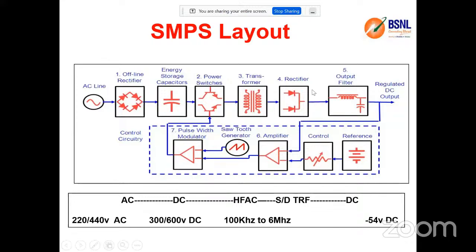Then from the fourth stage, it is converting back to DC and it is getting filtered and I'm getting the DC output. But to maintain the expected DC output, like the regulation part, there will be a closed path. So we use PLCs or other control-based systems, so that we are able to get the references from the output, which is given as a reference model.